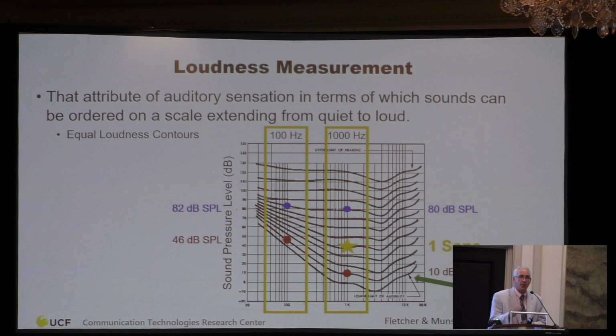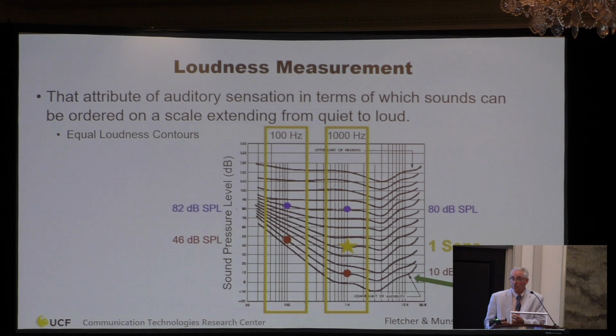And one sone is the standard unit, and it corresponds to a physical value of a 1,000 hertz tone at 40 dB SPL. And because he defined one sone with a physical reference, we can now compare other sounds in the world that we care about to that 1,000 hertz tone at 40 dB SPL